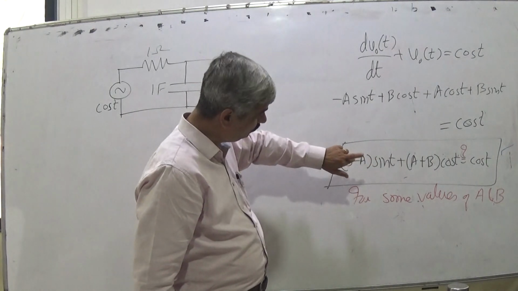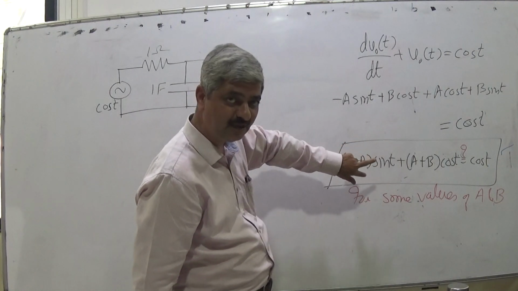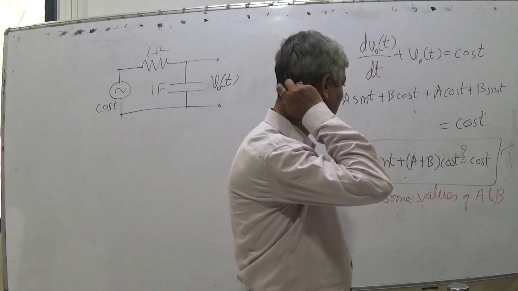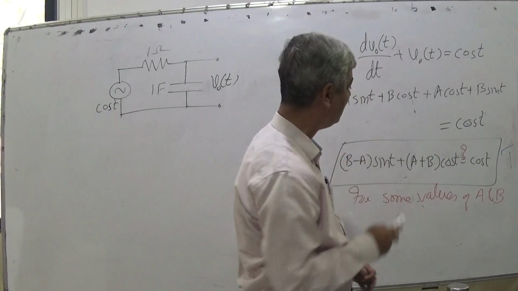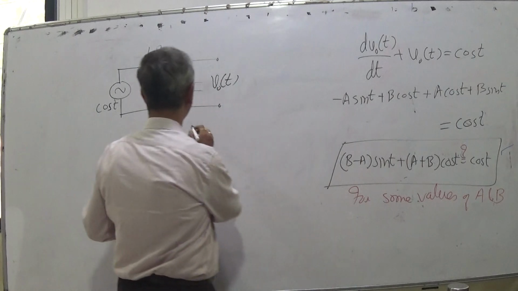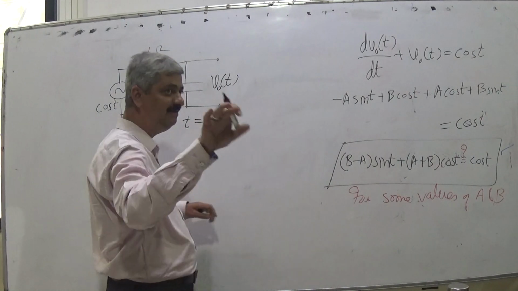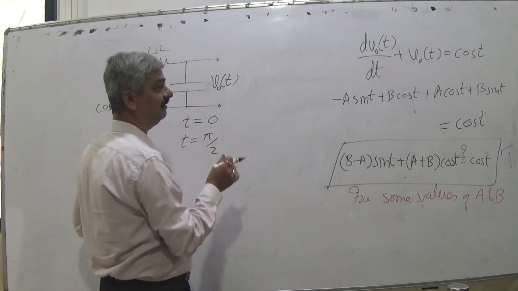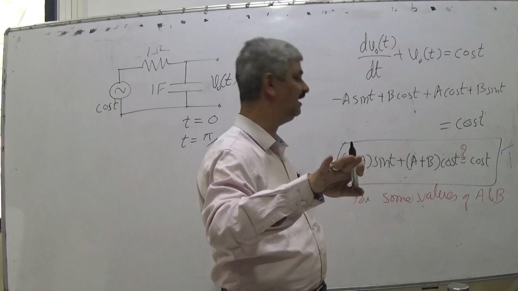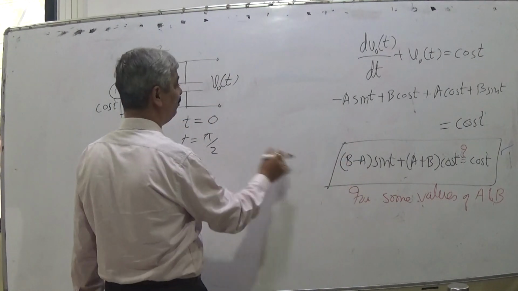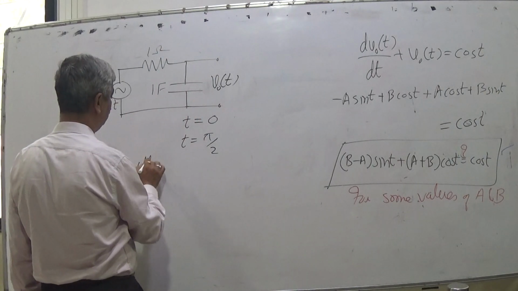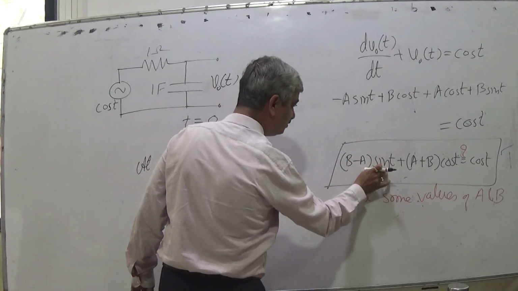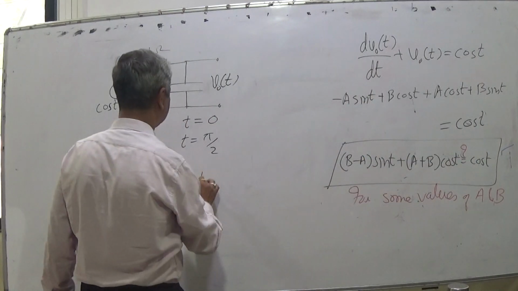Then I should have converted this equation to two equations for different values of t, and to get an easy answer I will use values of t where sine and cos are known to me. I will use t equal to 0 where sine t becomes 0 and cos t becomes 1, and t equal to pi by 2 where sine t becomes 1 and cos t becomes 0. So at t equal to 0 what happens? At t equal to 0, this term goes, this term is 1, so a plus b is equal to 1.